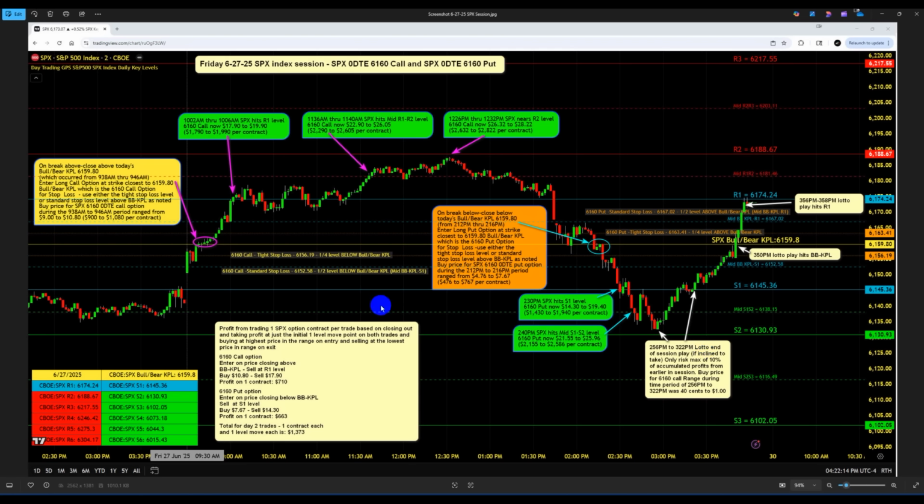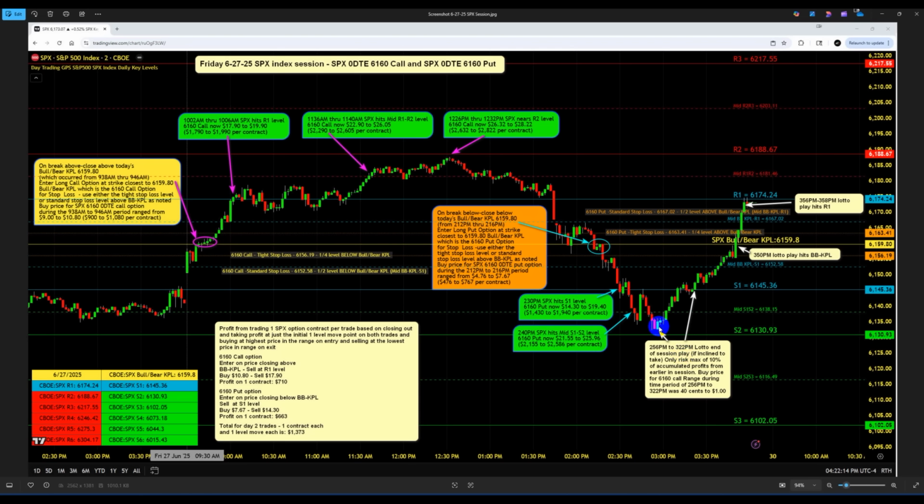If you have enough accumulated profits from earlier in the session and you're inclined to try a lotto trade at the end of the session, then you would want to take a max of 10% of your accumulated profits from earlier in the session for a possible lotto play into the last hour or last half hour of the session. So just to note here,